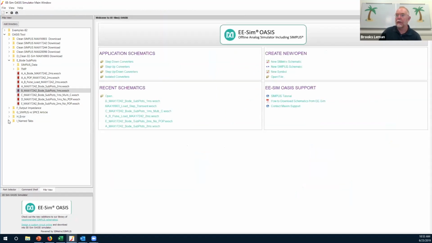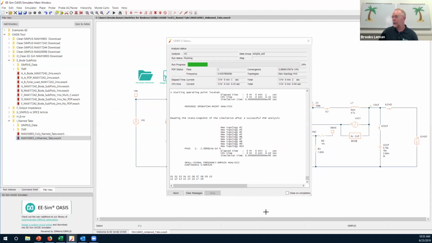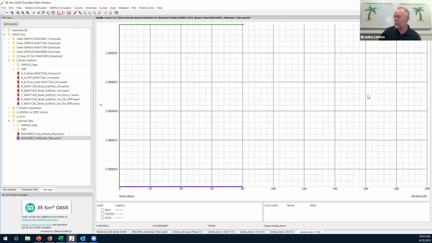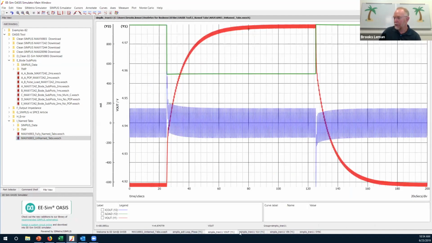Sometimes you'll get a schematic and you run it, and take a look at the tabs, the captions down here. They're all kind of cryptic. Okay, it's kind of hard to figure out which one's the output, which one is the switching. It's just not very clear. Okay, so to fix that,